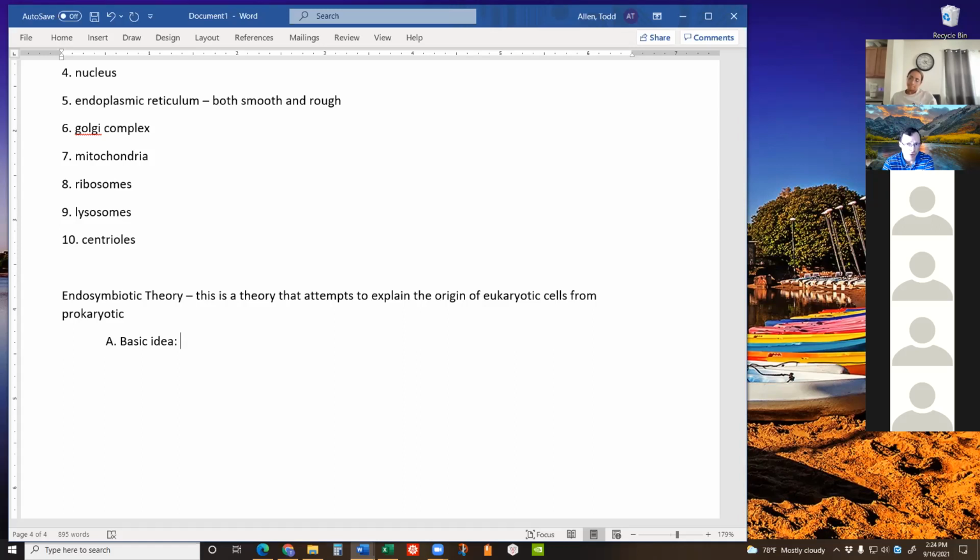Well, if that's true, then that would suggest that at least some of our present organelles in eukaryotic cells are actually symbiotic bacteria that live inside our eukaryotic cells. That's what the theory is proposing, okay? Basic idea is that small prokaryotic cells entered large prokaryotic cells and came to exist in a mutually beneficial